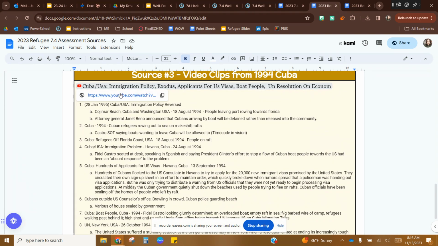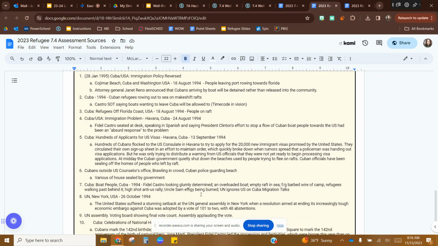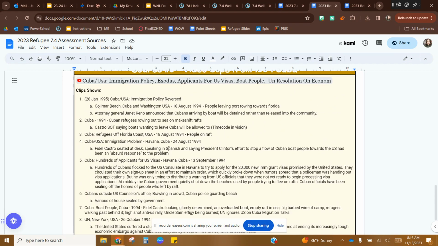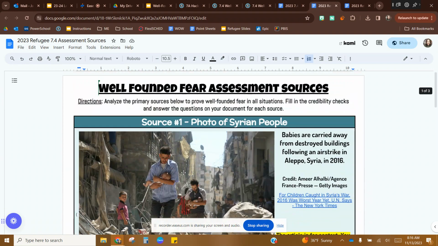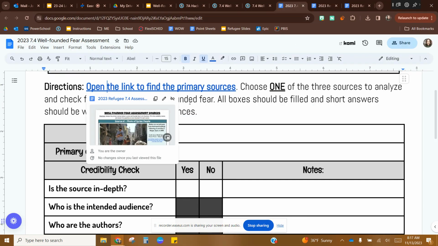If you click on the link here, it'll take you to the clip. And then underneath this, it has all of the clips in the video broken down by what they are. This is super helpful for understanding kind of what's going on, because in the video itself, it doesn't actually stop and say, like, this part of the clip is showing this. You need to use this in order to kind of understand what's going on. So I would suggest having both the video and this information up at the same time, so that you know kind of what you're watching. Okay. So let's go back to the document here.